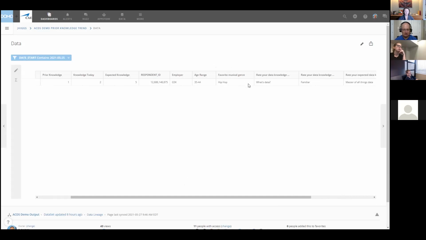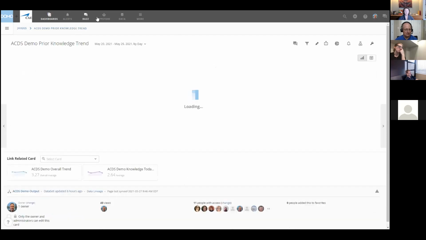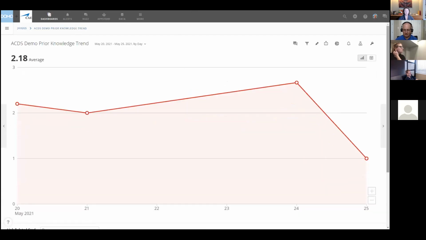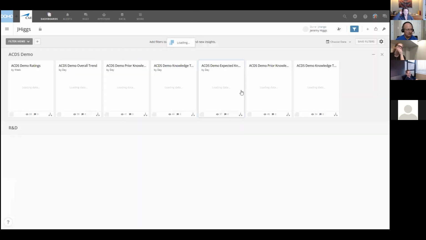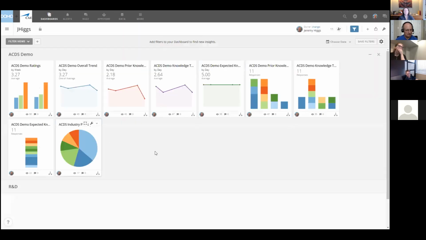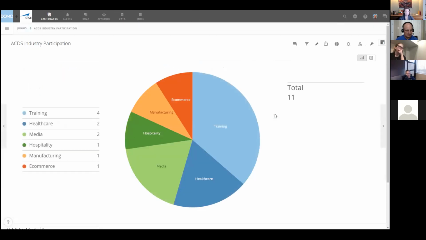Their age, they like hip hop, and they are expecting to grow. But you jump out of that, and that's kind of a drill down function, and I'll show you that in another, because drill downs are really important if you're trying to figure out some stuff. So I created this pie chart,